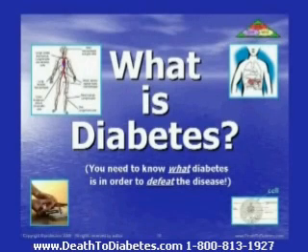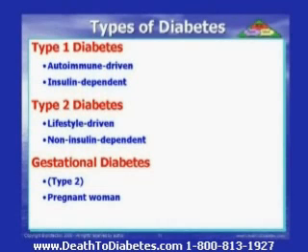But what is diabetes? There are 3 types of diabetes. Type 1 is the autoimmune disease, and actually that is the only diabetes, by the way. Type 2 was misnamed. They should have given it some other name. Call it gobbledygook, doesn't matter. But by calling it type 2 diabetes, you connect the 2 diseases, and both diseases follow a similar protocol, drugs. And gestational diabetes is just a temporary form of type 2.